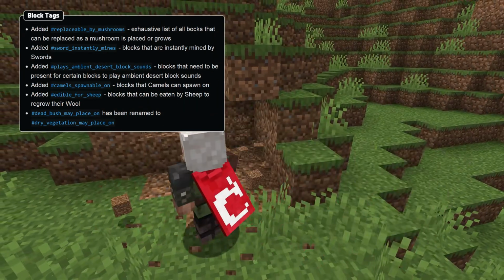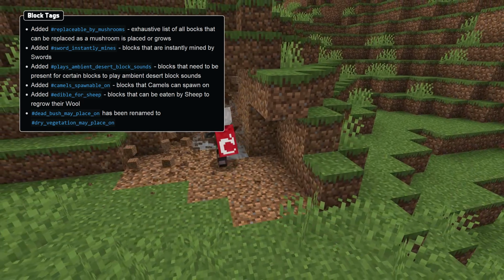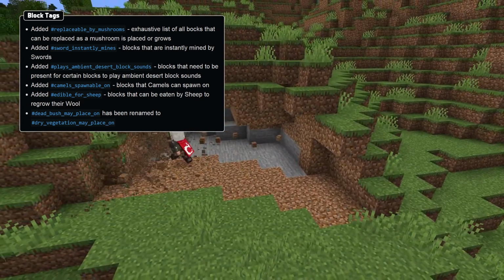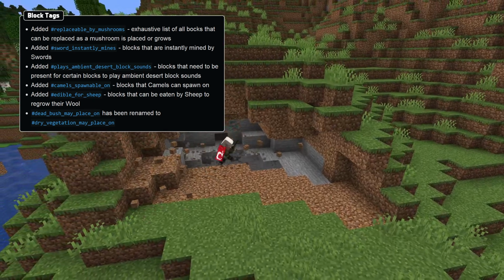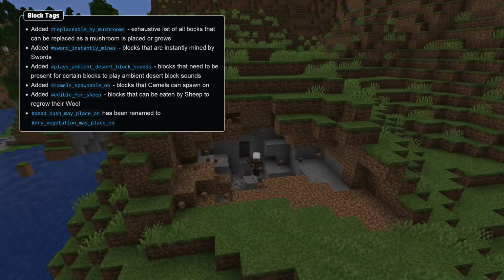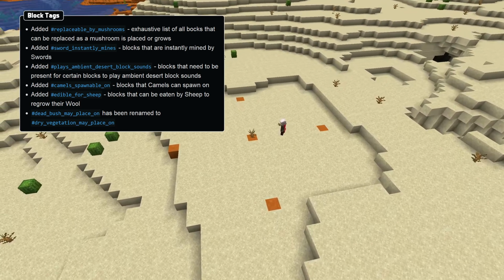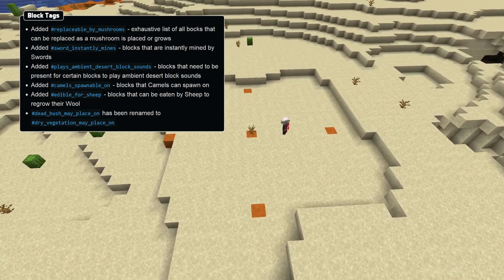New block tags, replaceable by mushrooms for blocks that can be replaced by mushroom blocks when a big mushroom grows. And sword instantly mines for blocks that get instantly mined by swords. There's a new block tag called Place Ambient Desert Block Sounds, which, contrary to its name, does not control which